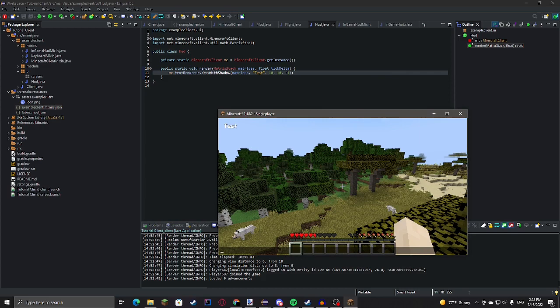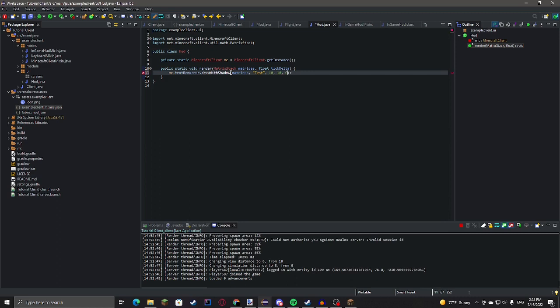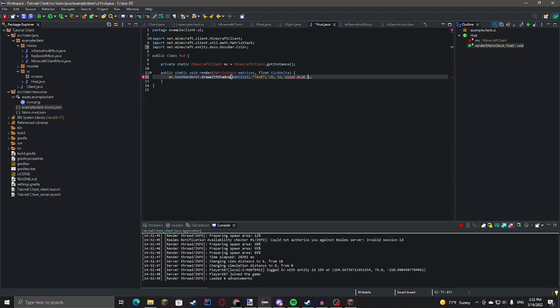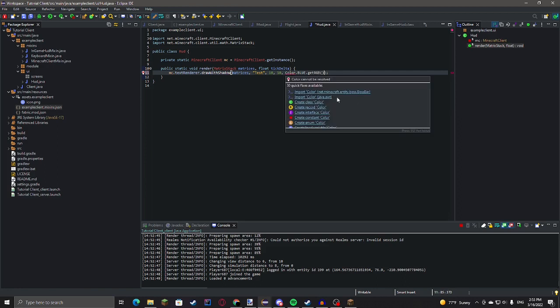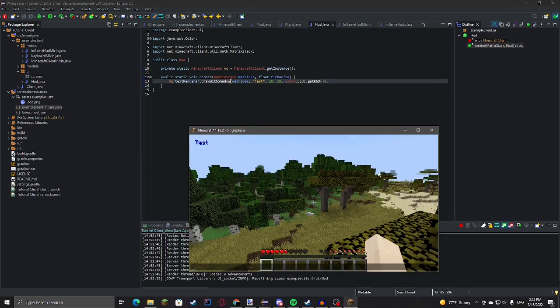So we've got our renderer working. We can change the color if we want. Just do like color dot blue dot get RGB, if we want to make it blue from Java AWT. And now it's blue. Okay.